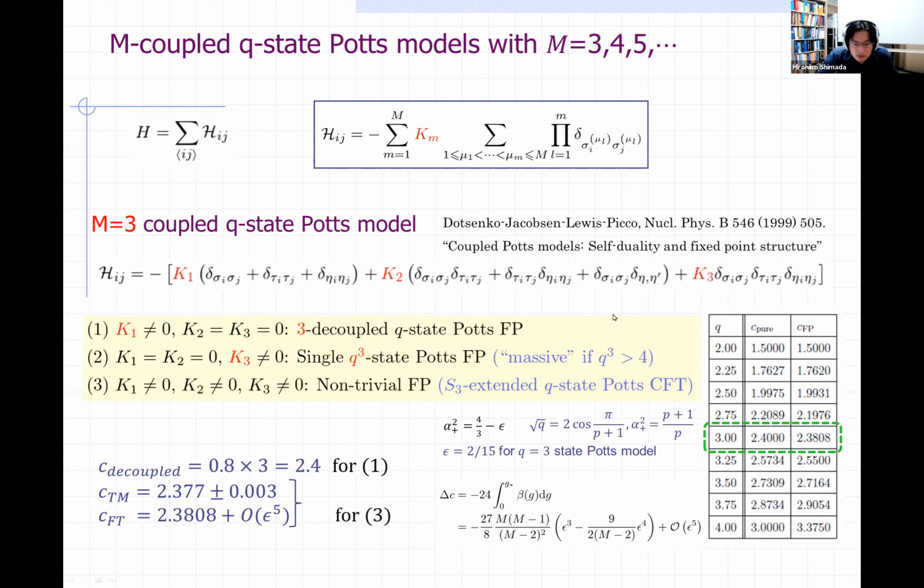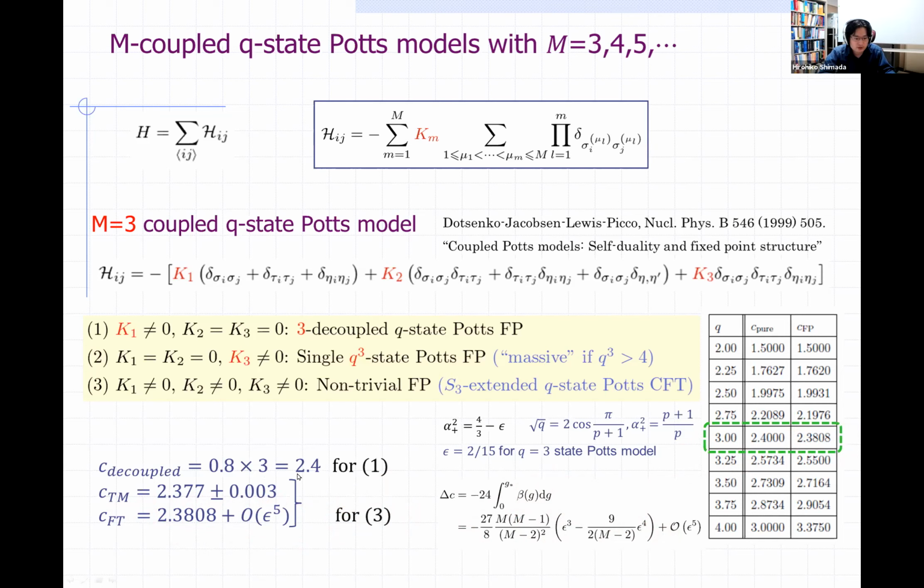Okay, so this is a result for, I think, number 3. This was found by conformal perturbation theory prediction. The shift of central charge is given by this formula for generic M. And for M equals 3, it becomes this value, 2.3808. So it matches the prediction of transfer matrices. So it is less than decoupled 3